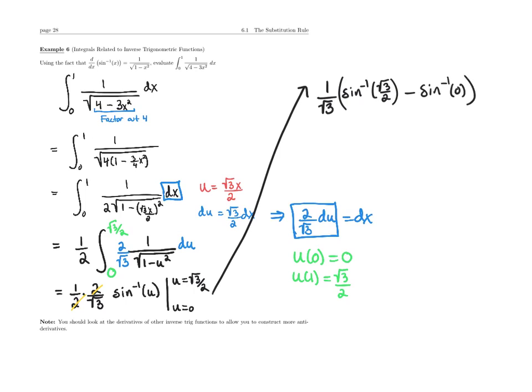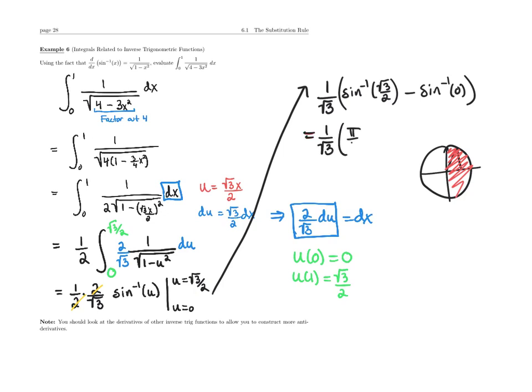So remember, this is inverse sine. Inverse sine is asking at what angle is the sine root 3 over 2. And of course, we're only looking at angles in the first and fourth quadrants, positive angles in the first quadrant, and that looks to me like pi over 3. So this is 1 over root 3